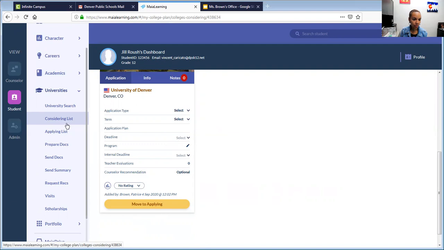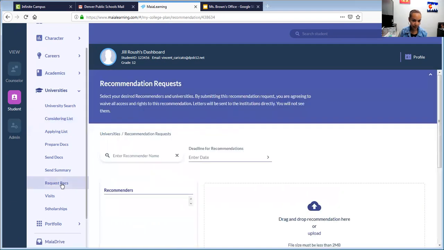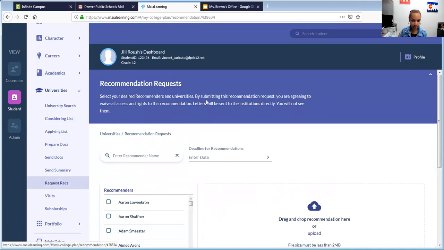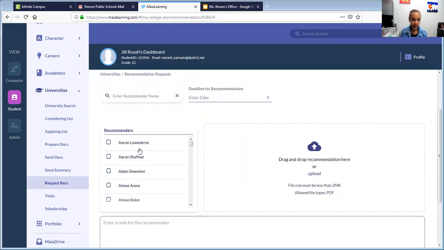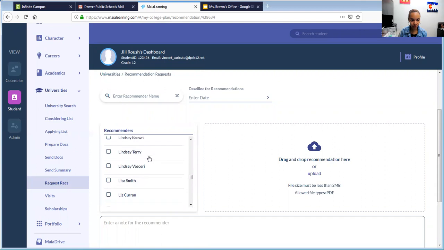So the next thing that I want to show you is how to request your teacher letters of rec, as well as your counselor letter. So you click on request recs, then you can enter a teacher's name, or you can just scroll down and all the teachers should be in here. I'm just going to find myself. So Patrice Brown,